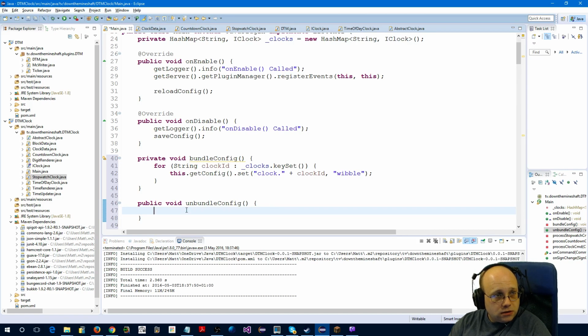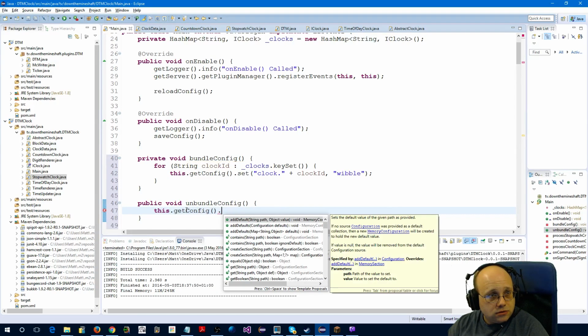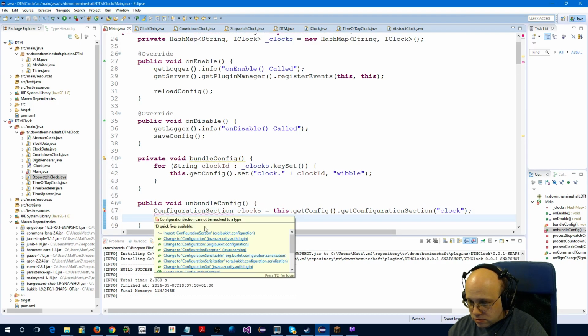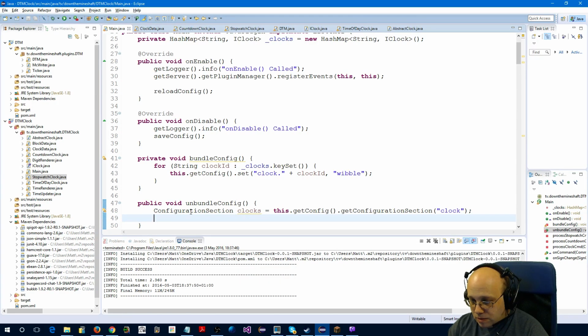the, right. Okay, so it's this dot get config dot get configuration section clock. And that returns a, funnily enough, configuration section. And I need to fix the wibble bit. We'll come back to unwibble the bundler in a minute. And then we need to,